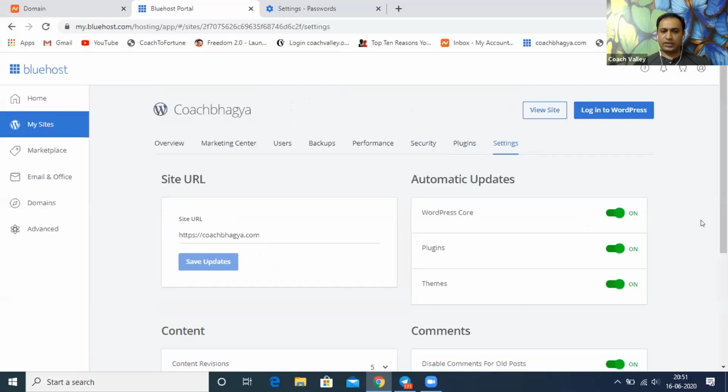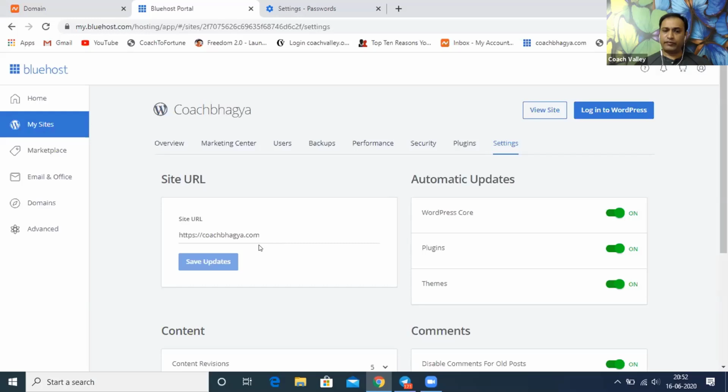If you see the site URL, everybody sees the site URL here. In the site URL, coachbhagya.com is already there, but some of you may not be having this. You'll be having some junk characters, some URL which has already been assigned by Bluehost.